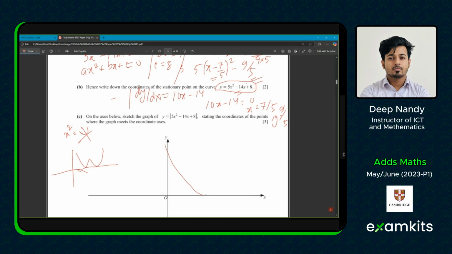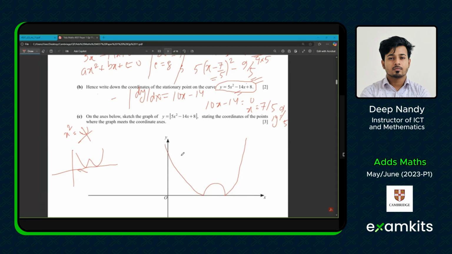Here, there is a curve. The negative side of the curve is getting reflected up here. Now, assuming the coordinates of this graph, if we put x equals 0,